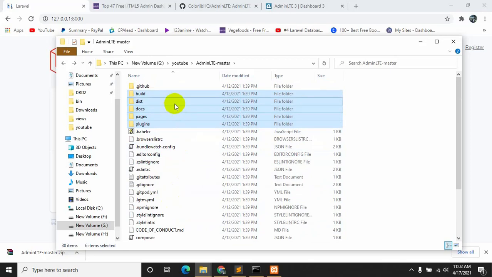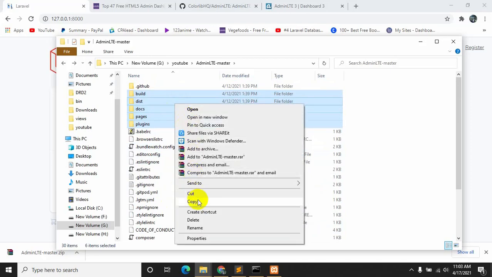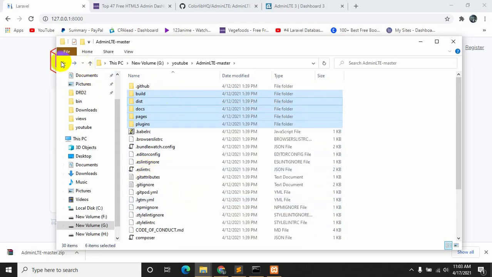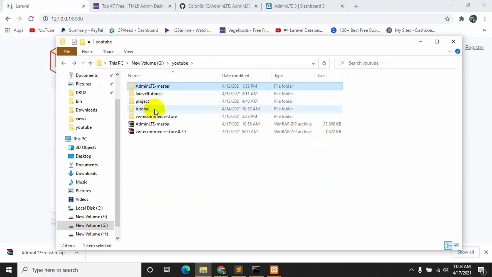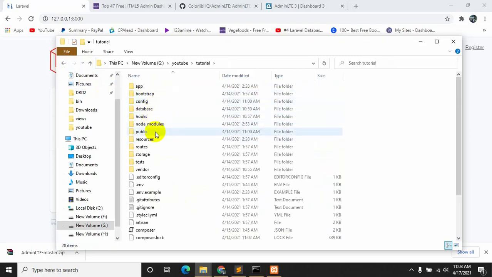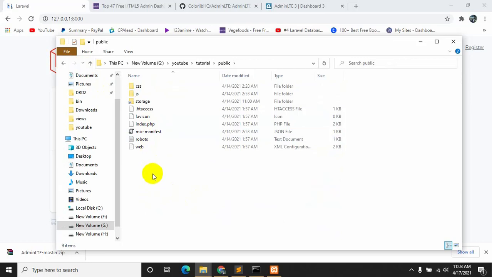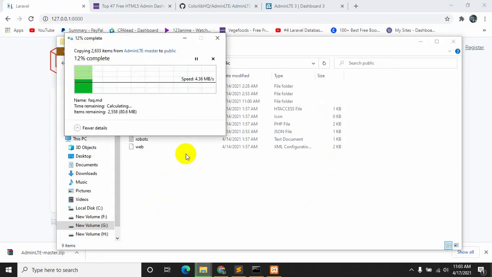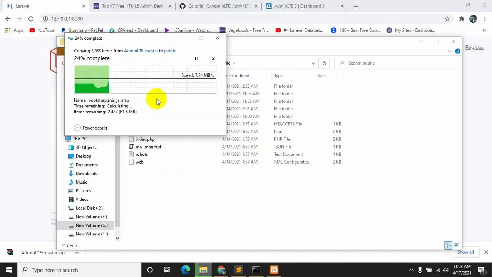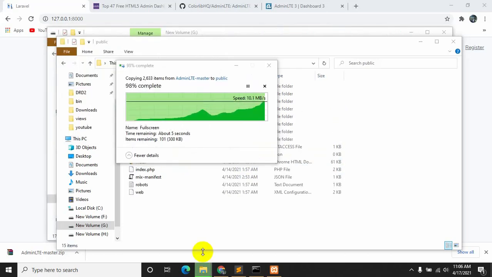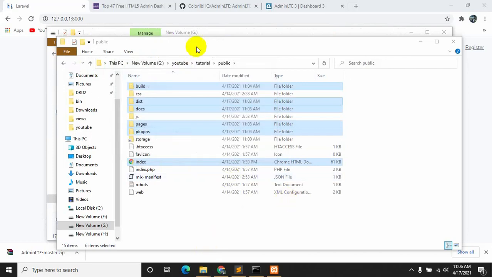Okay, so just copy it, and we need to go to our project, which is the tutorial project's public folder, and we need to just paste them over here. Control V. Okay, here you can see that we pasted all the files in the public folder.